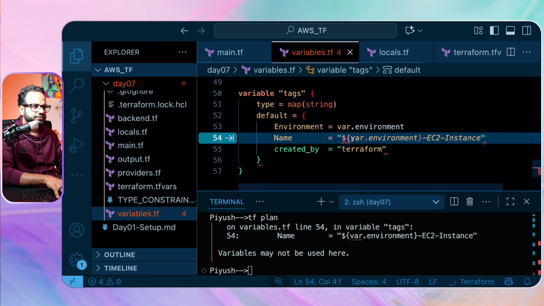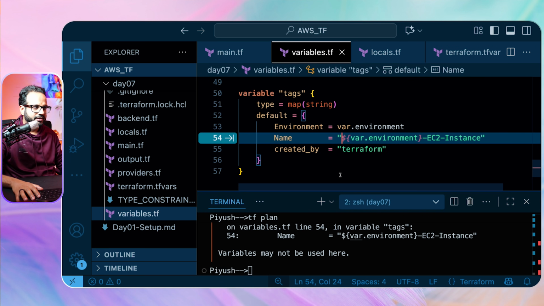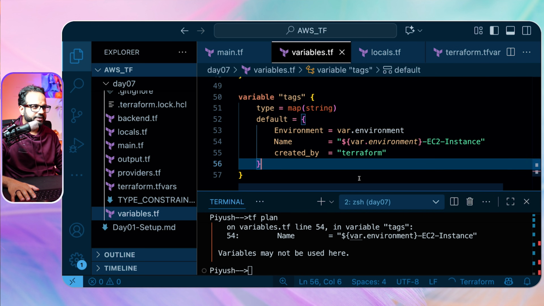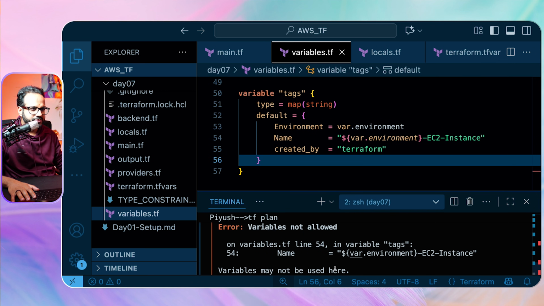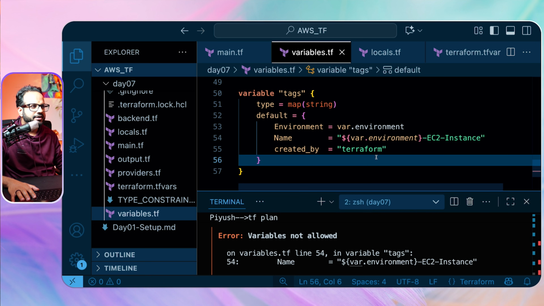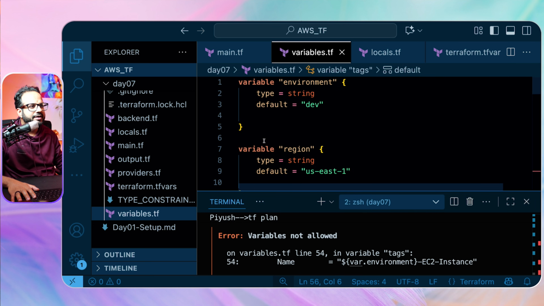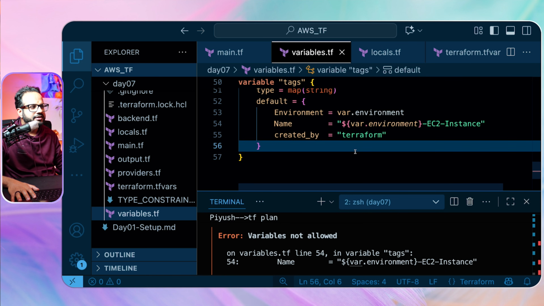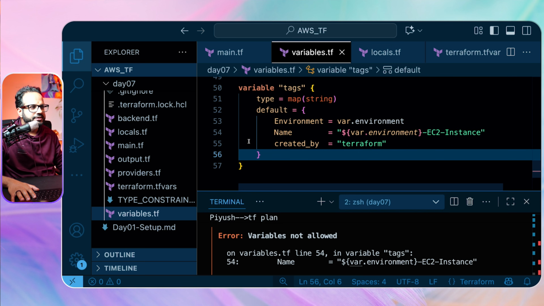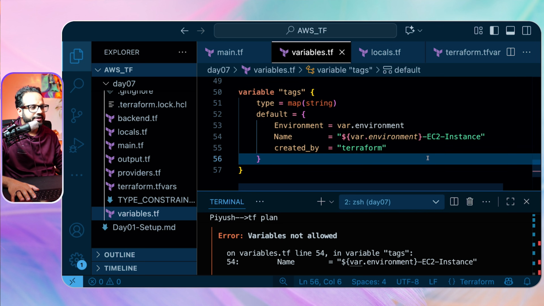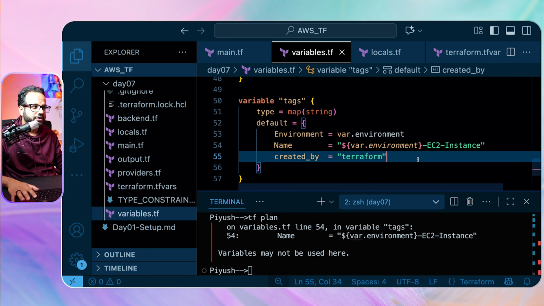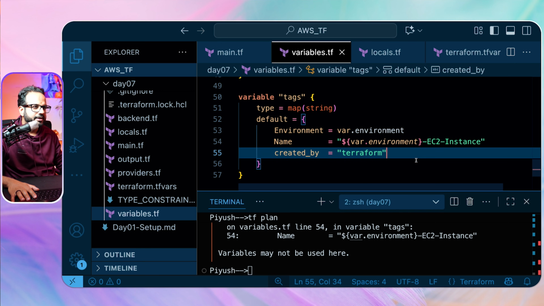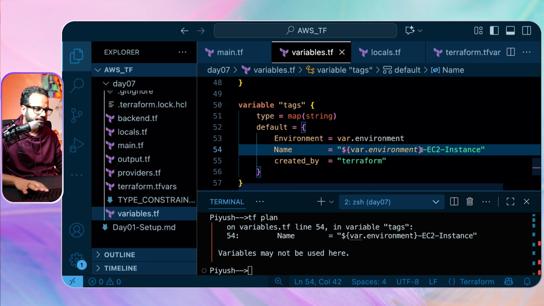We remove this from here. I'm just trying it out, right? Yeah, it is showing me to do that. Variables may not be used here. Variables not allowed. We should have environment variable over here, which is this one. Default value is environment, but I think we cannot use it within this. So what we can do is maybe we can create a local for this name, or yeah, we can create local, right? But for now, let's say if we remove that,